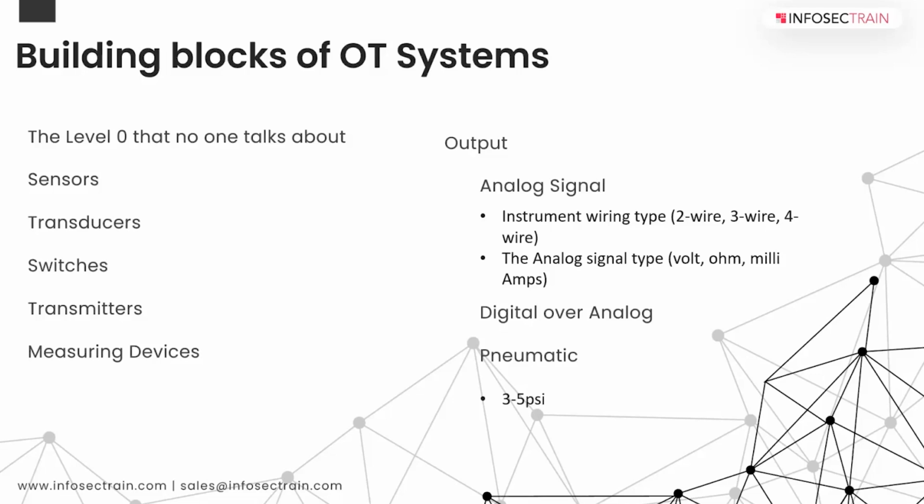A sensor is a device which translates a physical property, it could be pressure or a temperature, and converts it into an electrical signal. So this is a sensor. Now, a transmitter is basically a combination of a sensor and an electronic module, which helps the sensed signal to be transmitted to a longer distance, and hence a transmitter.